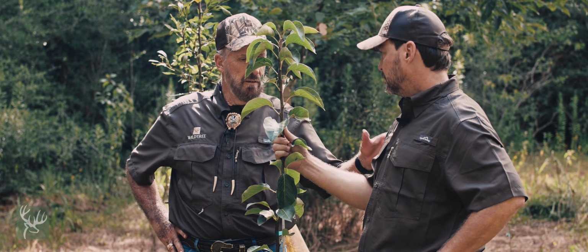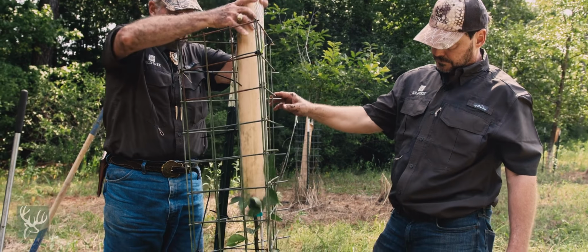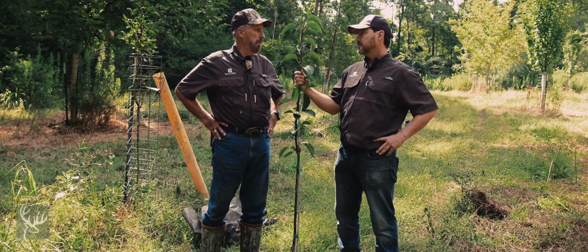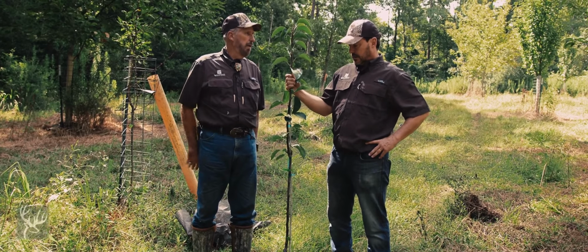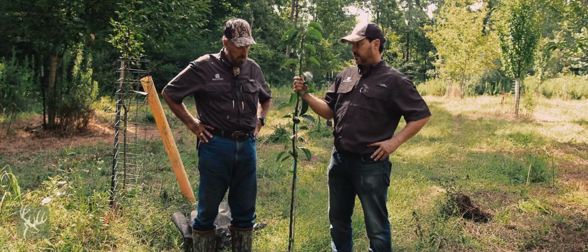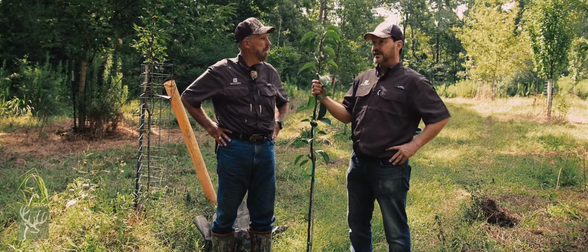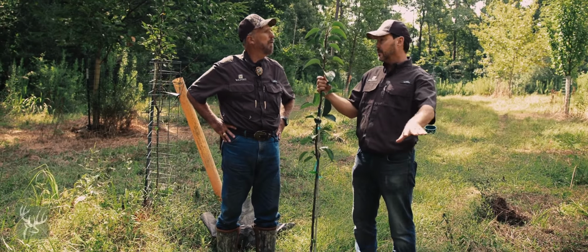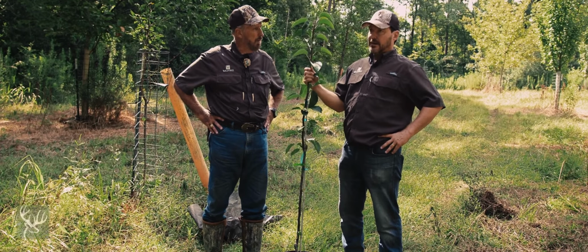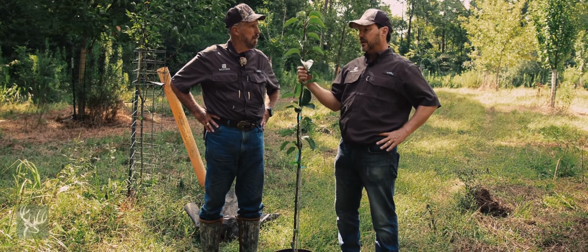Another thing that I want to get your opinion on is we put tree tubes around them, because there's other things besides deer. This is soft bark, and rabbits and rats will gnaw on the bottom of your trees, so we put tree tubes around them. Yeah, in a regular pedestrian landscape situation, I would not advise using those because they're just not necessary. I don't think there's much need except for mechanical damage done by maintenance equipment. But out here in this condition, these trees are going to be on their own, and that actually takes me to another topic,